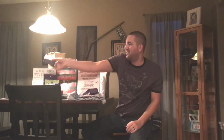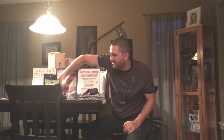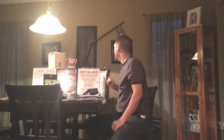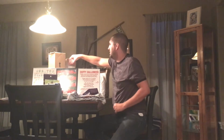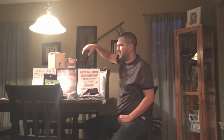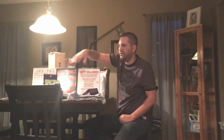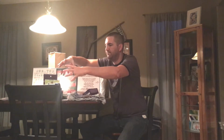And that one will probably flash either on that one or this one, however I decide to set it up. Now, I believe that covers the prop table pretty much. And then of course, I'm gonna have a big canister of candy for the kids to come up and grab the candy. And then